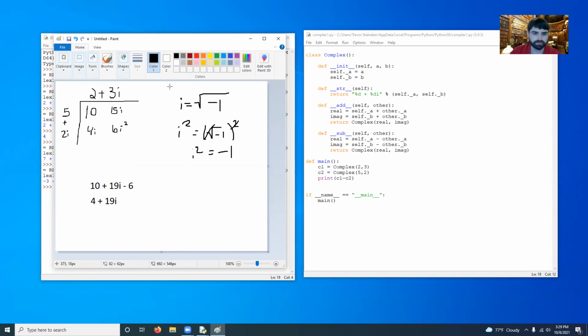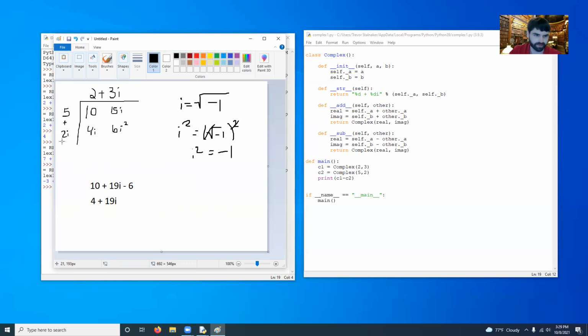So I'll walk through that one more time. We multiplied the real components, 2 and 5, to get 10. Then we multiply the first real component by the second imaginary component, that's 15i. Then we can multiply the second real component by the first imaginary,